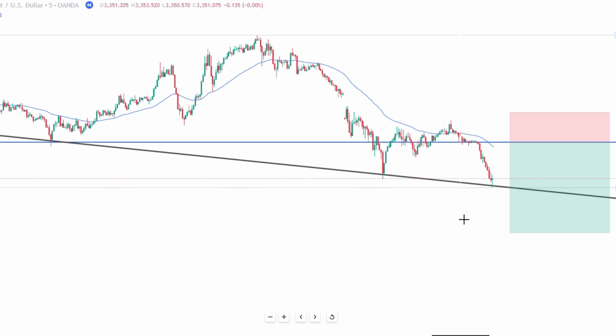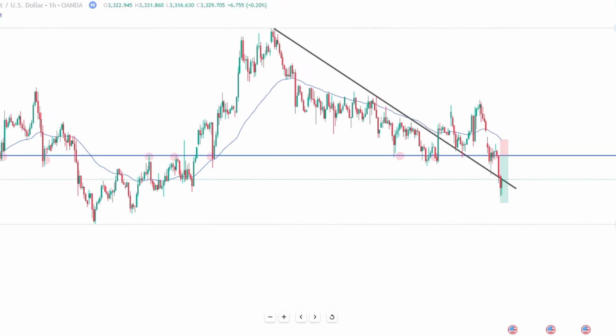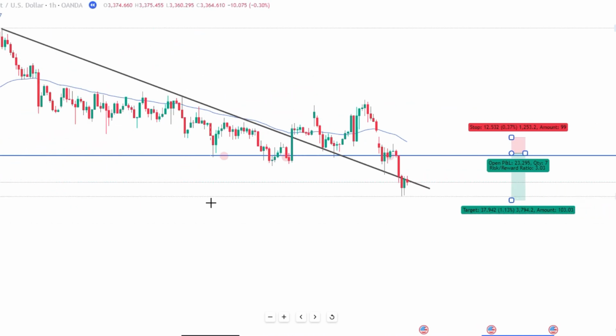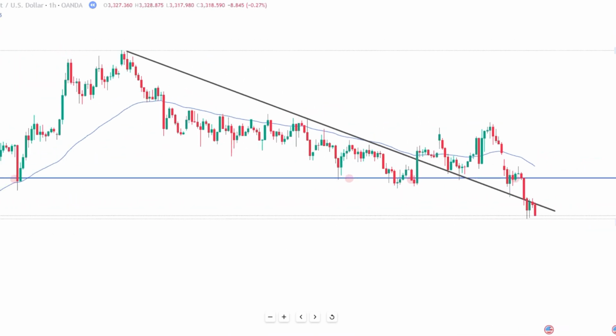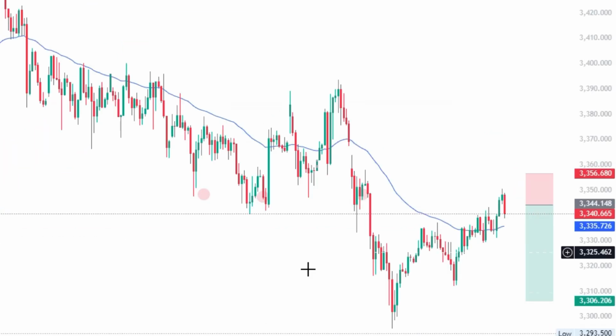Right? So you can see we've got a lovely break of structure there. Absolutely incredible. Right? So you would literally now be looking for a retest. We were on the 1 hour. You saw clear structure there. Right? Nice and easy going. Let's move this so that you can see. Right? And I'm going to show you one thing that we're looking for now. Now I'm going to take my